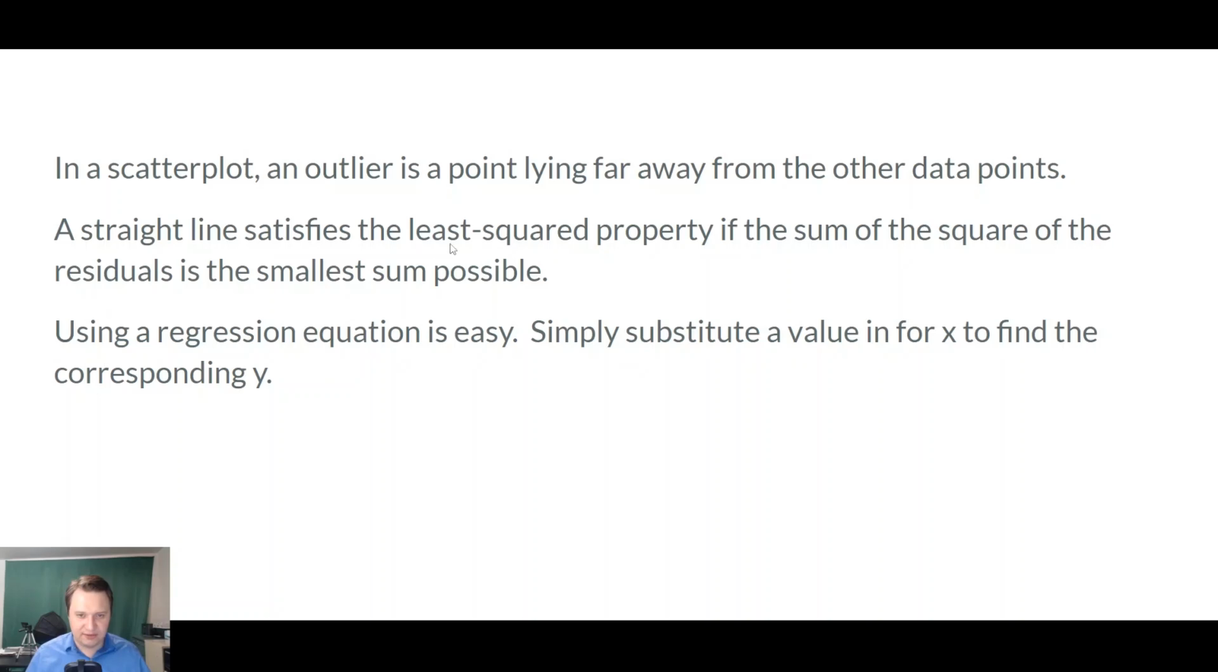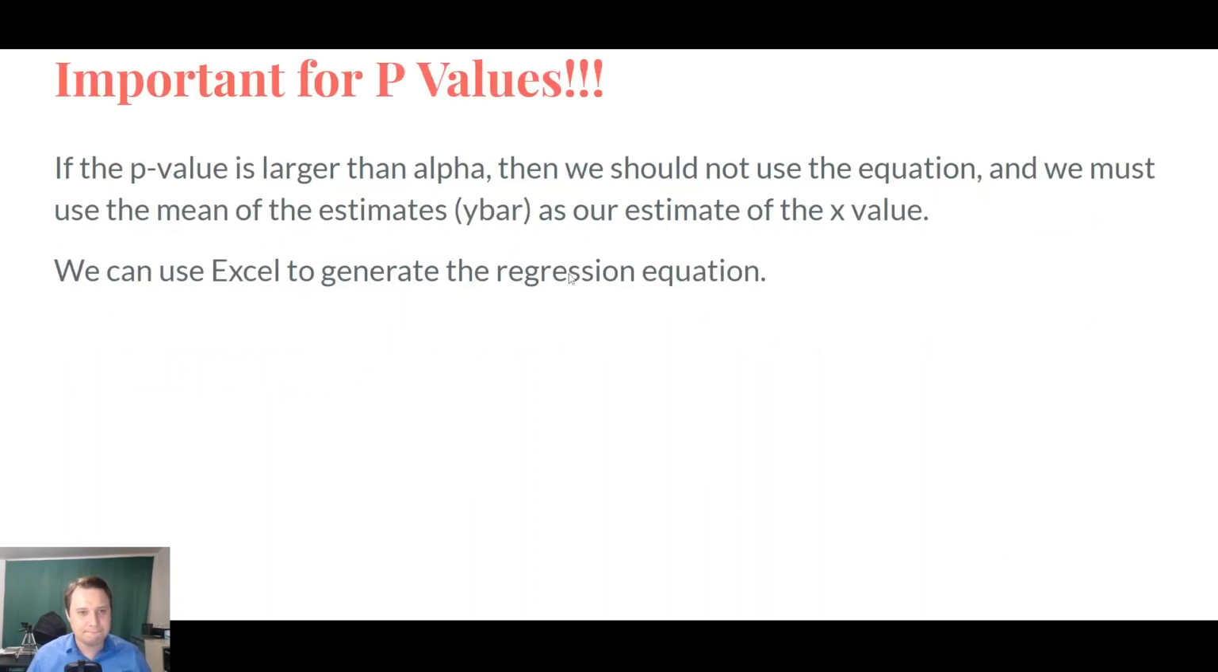So that's what that least squared property is. It's the least amount of squared error. Those are called residuals. The least amount of distance squared from each point to the line. So just to reiterate, if the p-value is larger than alpha, we should not use the equation, and we have